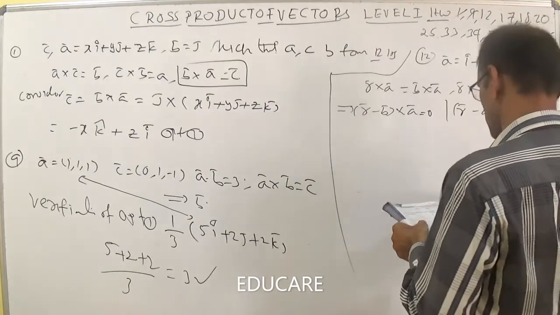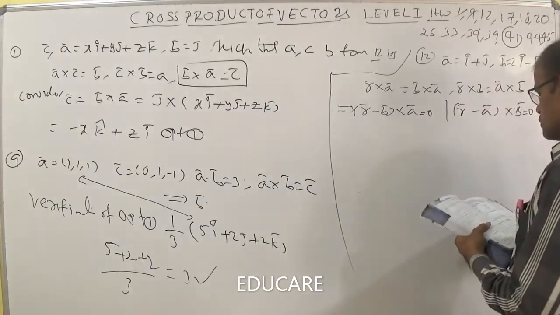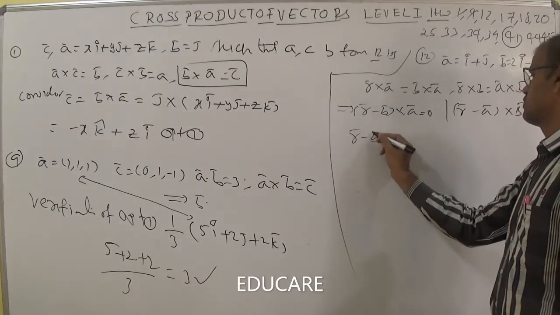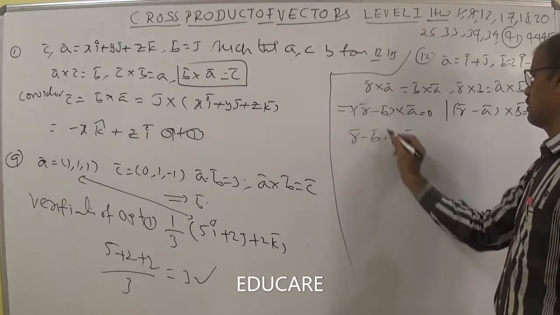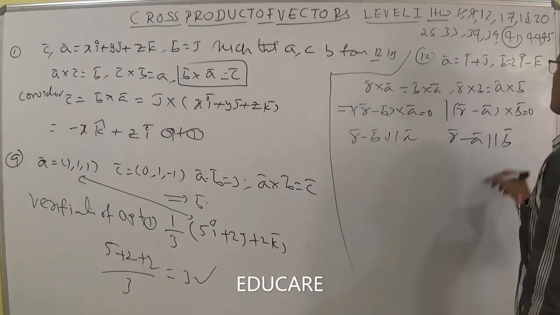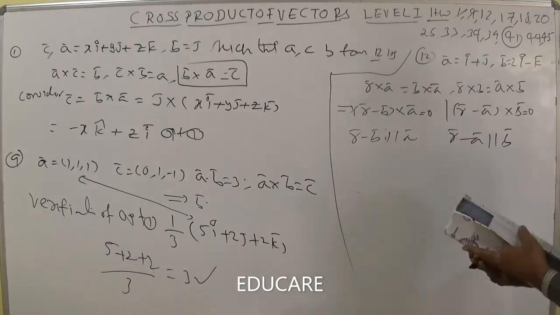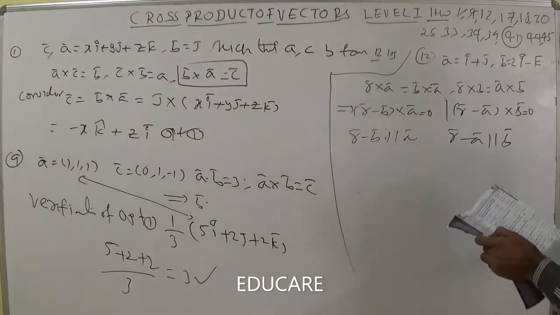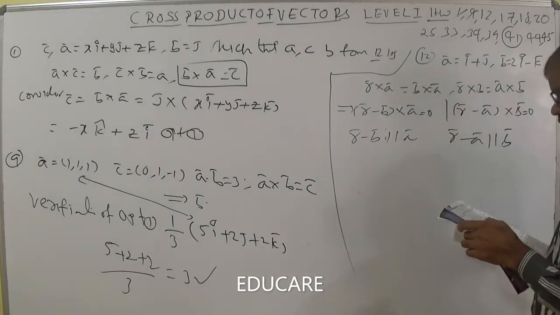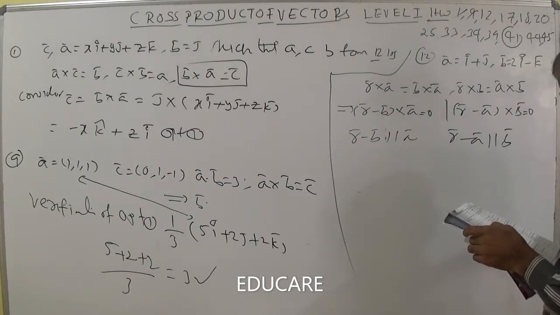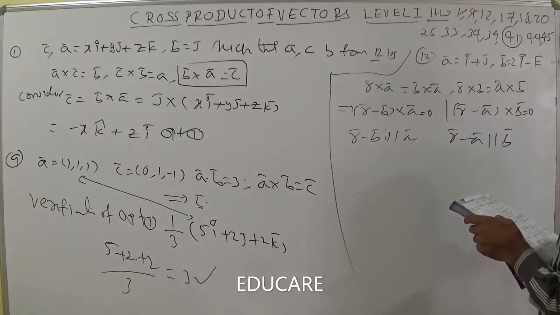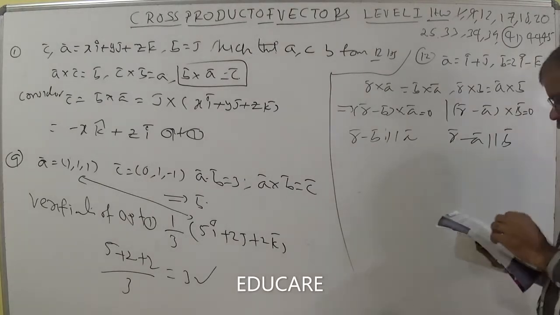Now we have R bar minus A bar is equal to B bar. So R bar minus B bar is parallel to A bar, and R bar minus A bar is parallel to B bar. So what do you think R is? Check the first option: minus I plus J plus K, minus I minus 2I, J gets cancelled, K. Minus 2I plus K, and R bar minus A bar is parallel to B, it's okay.